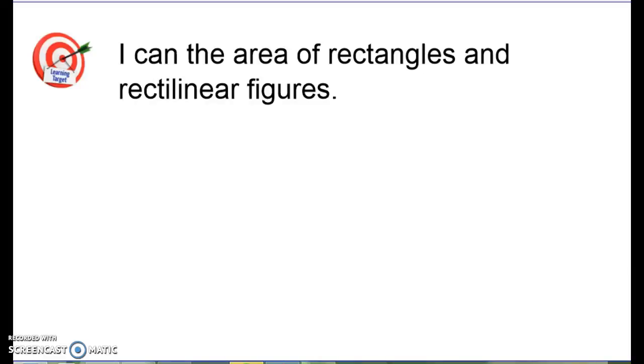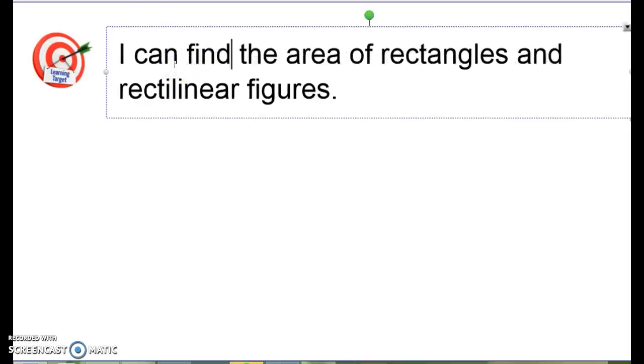Here we go. Our learning target is I can find the area of